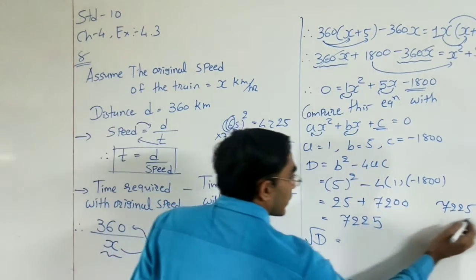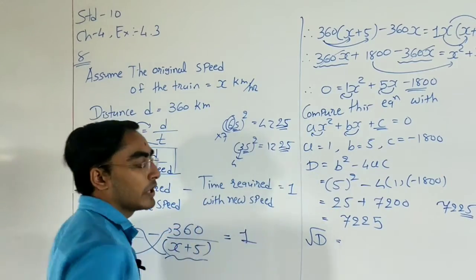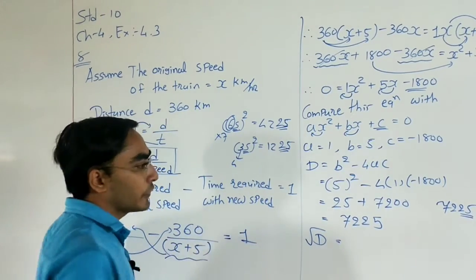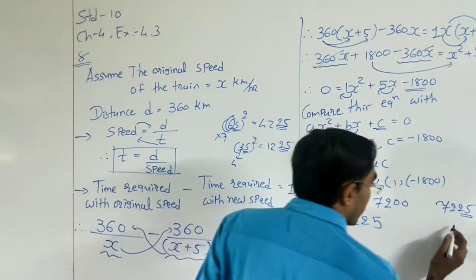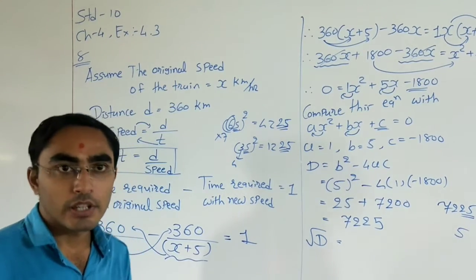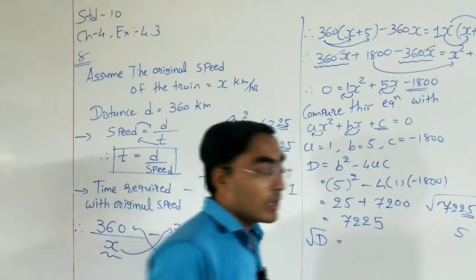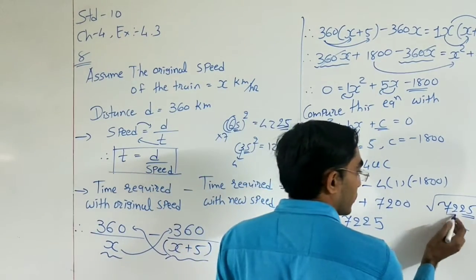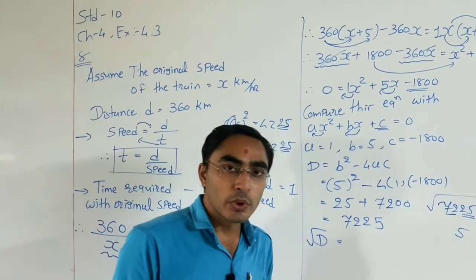So now the same method we need to use for the square root. Here we have 25, right? That means our unit digit of the square root is 5. So one digit that we know, our unit digit 5. I am taking the square root of 7225. Now for 72, what we need to do? Now we need to factorize this 72.